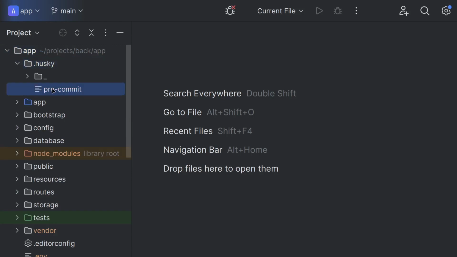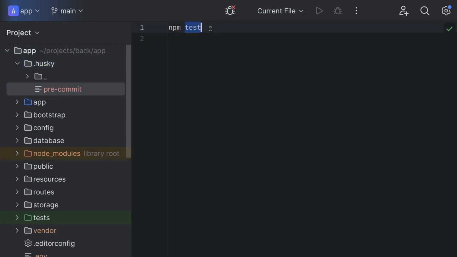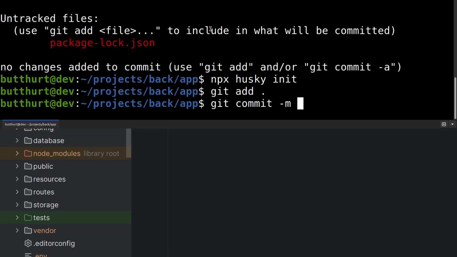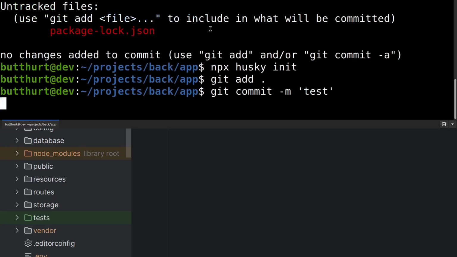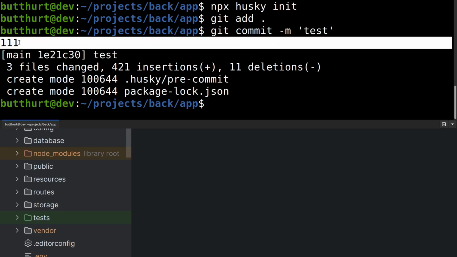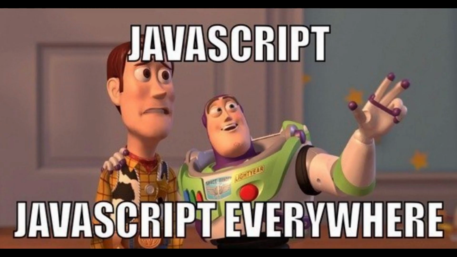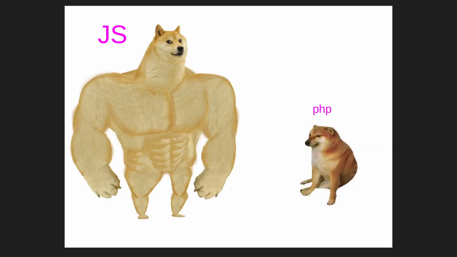For example, I add just an echo command to the pre-commit hook, make a test commit, and as you can see, the echo result appears in the console. Okay, in this step, you might say, hey man, Dima, I have only an API on the backend. I don't want to see anything related to JavaScript. And I agree with you, I don't want to. But unfortunately, I haven't found a correct alternative to Husky for Composer. Okay, it's easy to reproduce, we can just talk about it.